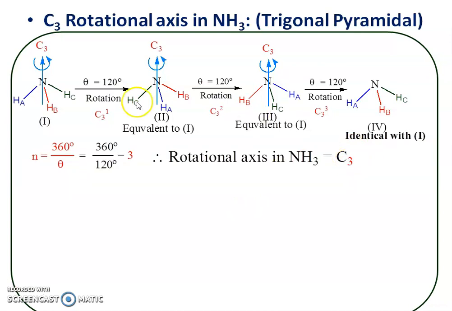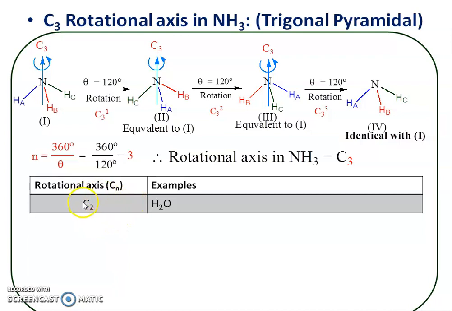order of rotation. Meaning of this is, in case of ammonia there is an axis of symmetry, name of that axis is C3. Along this axis, when molecule is rotated through 120 degree 3 times, then we get an identical structure. First time we get equivalent, second time again we get equivalent, and after third rotation there is formation of identical structure, and therefore overall this ammonia molecule is symmetrical and it has a C3 axis.